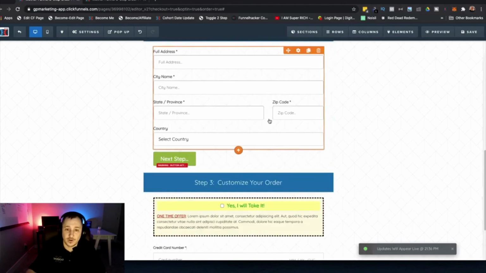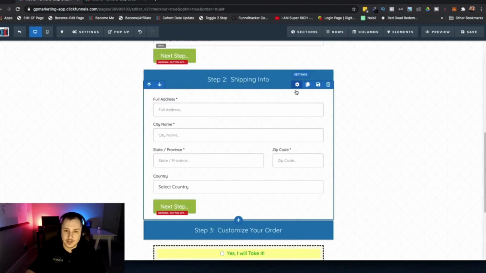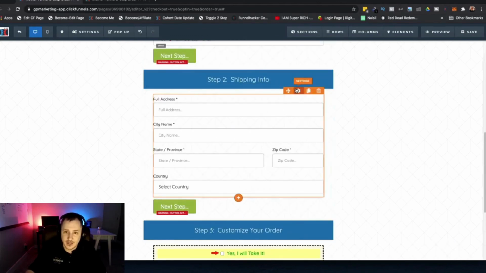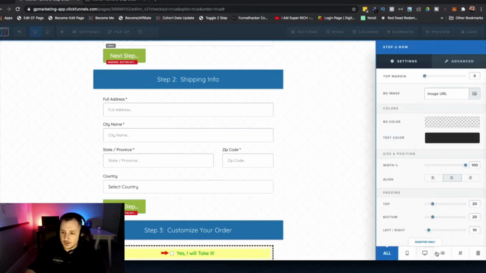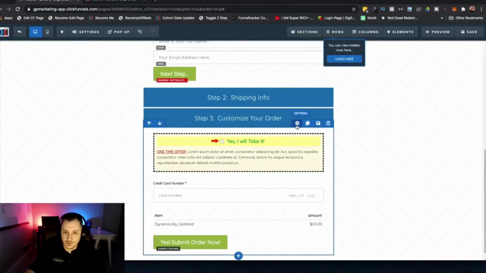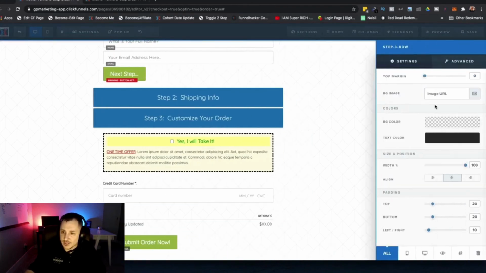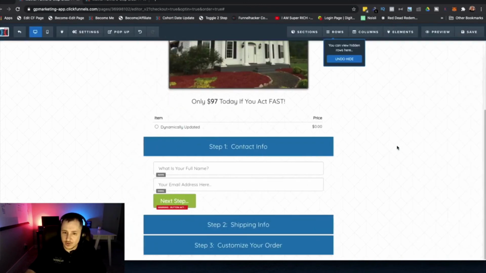One more thing you will want to do, I totally forgot about this, is make sure you hide these 2 sections. Remember, go to the row, go down here to hide that section, and then we're going to hide this one as well by clicking the little eyeball down there.